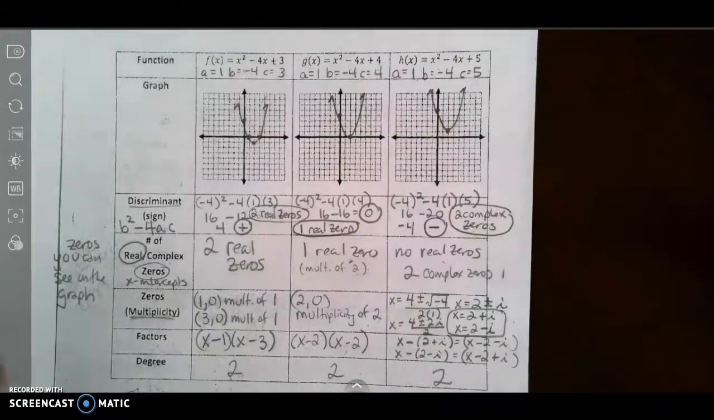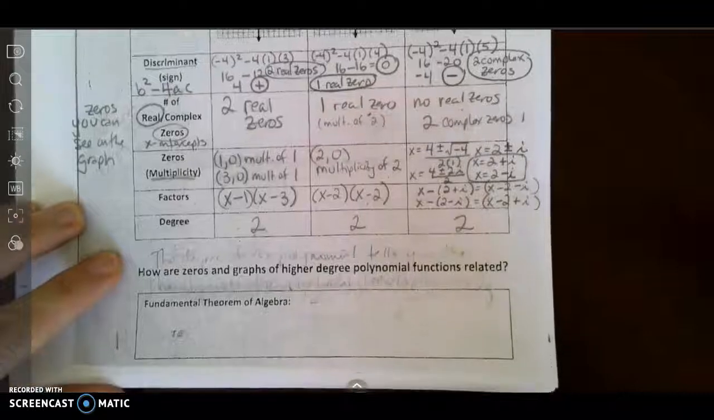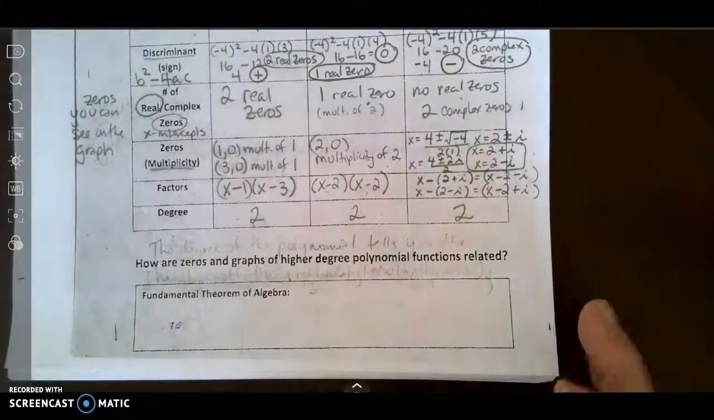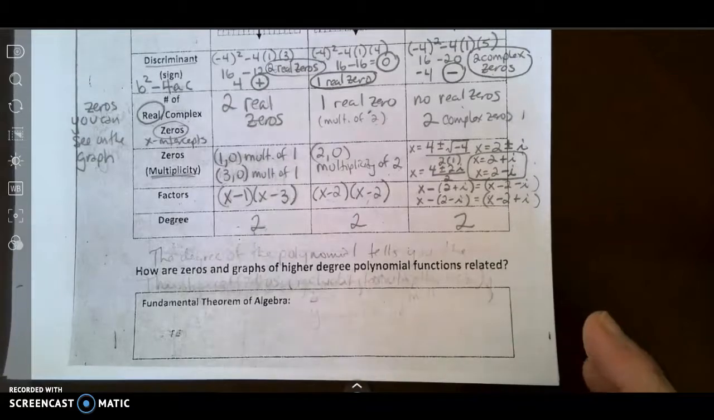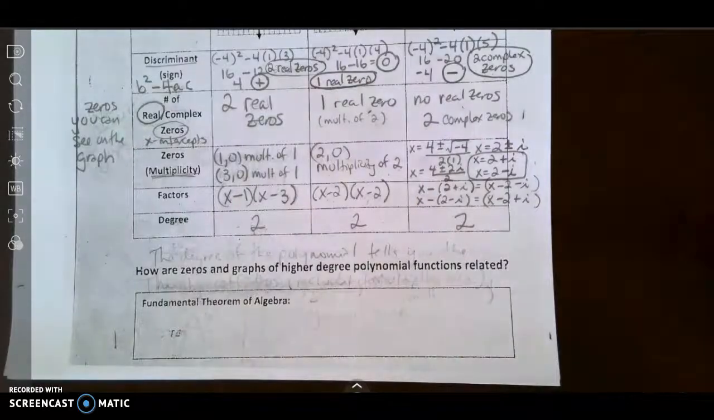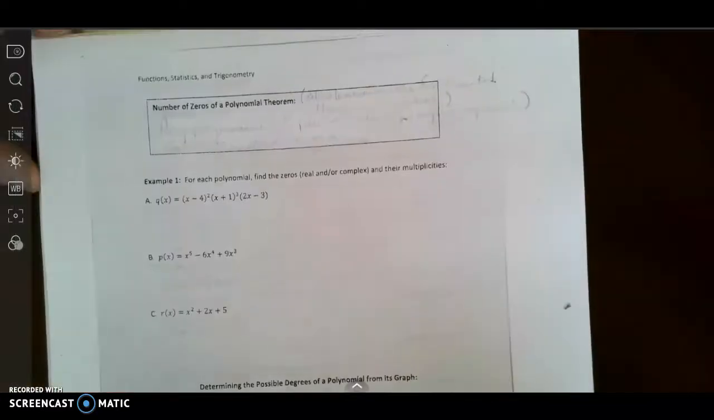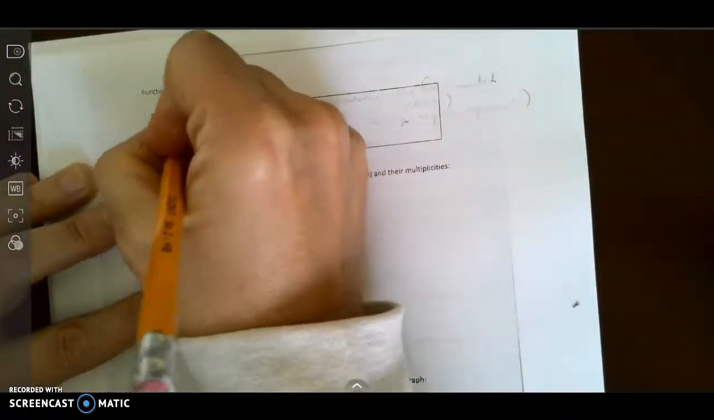So the table is all we're going to complete on this side, though at the bottom it has this fundamental theorem of algebra. We're not going to fill that in. We're going to do the number of zeros of a polynomial, which is a part of the fundamental theorem of algebra and the part that we focus on the most. So we're just going to skip to that next page now. And for the number of zeros of a polynomial, we're going to write down that a polynomial